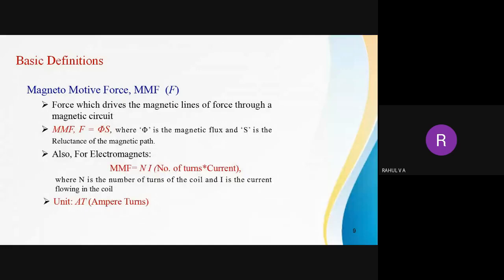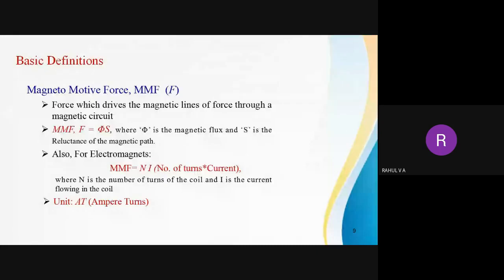Magnetomotive force. Magnetomotive force is similar to EMF, electromotive force. It is the force required to move one electron from one point to another in a closed circuit. Here, instead of electrons we have flux, or magnetic lines of force. So it is a force that drives the magnetic lines of force through a magnetic circuit, from north pole to south pole, and again from south pole to north pole inside the material.